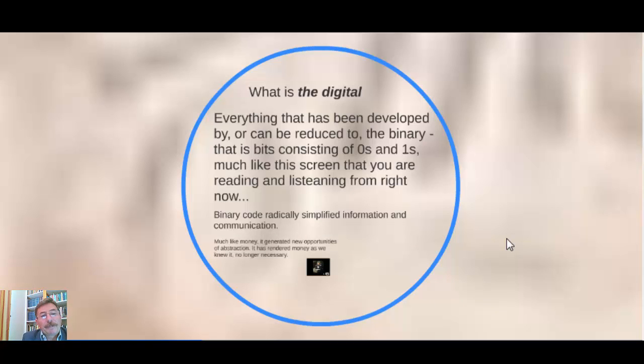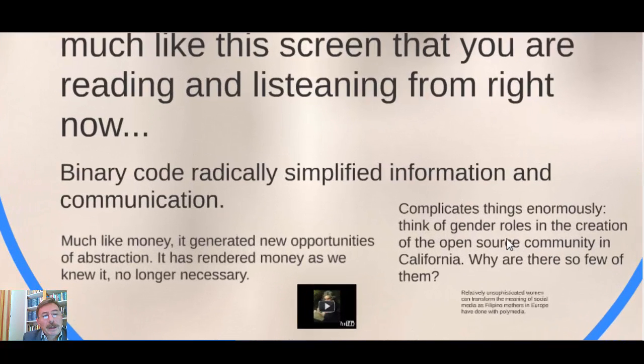Much like money, the binary code generated new opportunities of abstraction. And I want to explain this because it might sound a little strange to you.